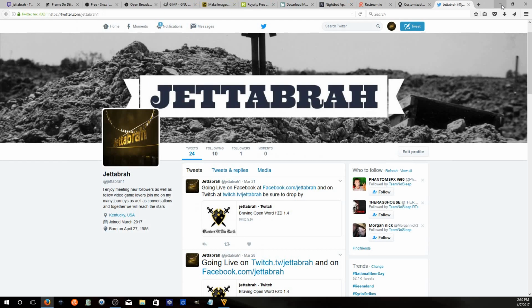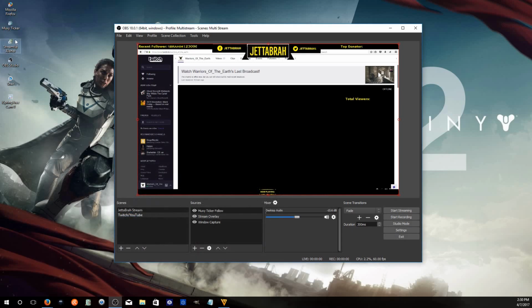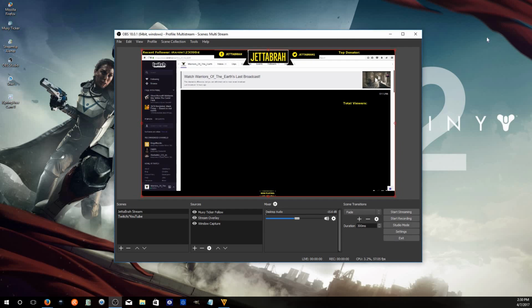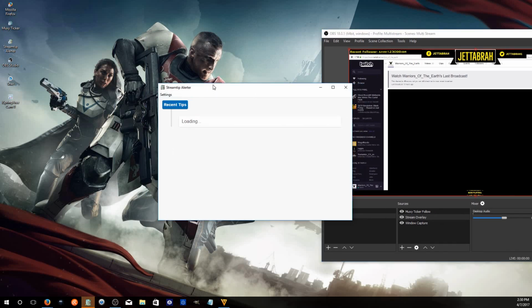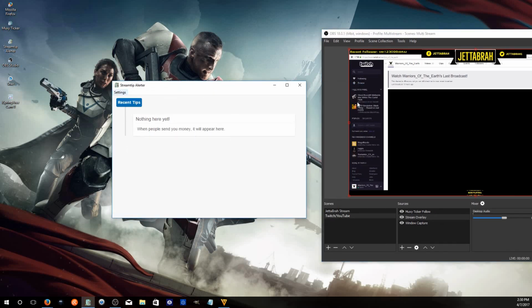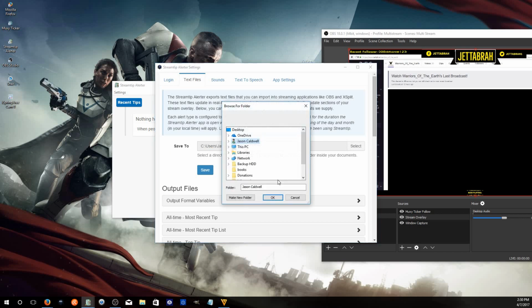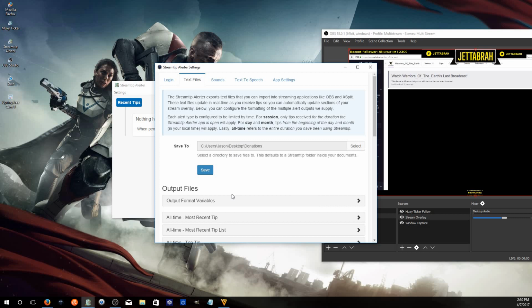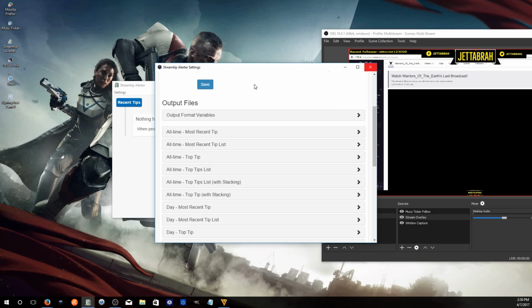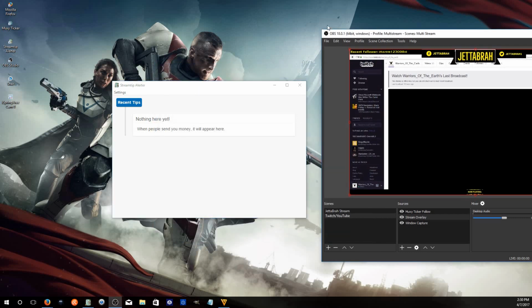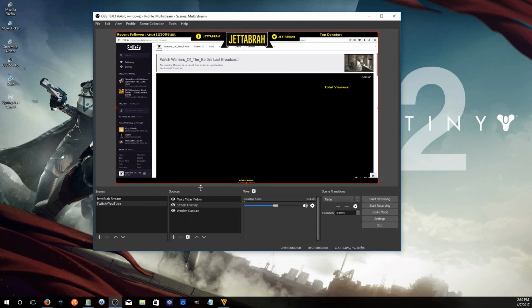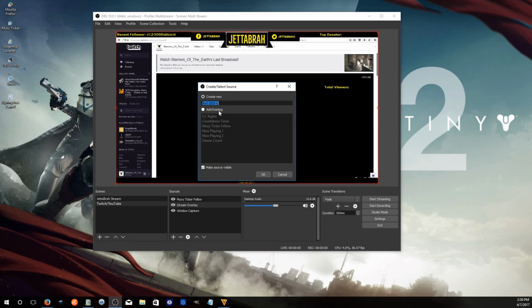So once you get that installed, it'll pull up. And this is similar to the Mugsy alerts. You just configure it, text files, and you save to a location. Like I have a folder set up for donations where I was going to save all the output information for me. Then I would just simply go back into OBS, plus text file,